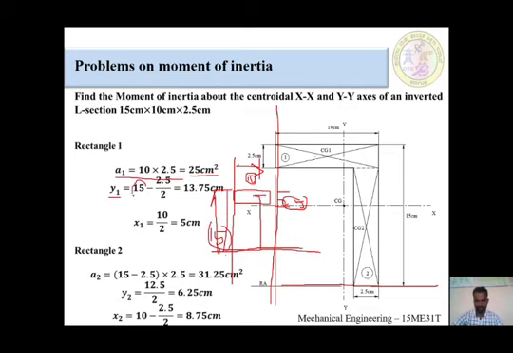Okay, I am writing down 15 centimeter. After that, we have to come back up to half of the component. For that reason, we are taking minus. Total distance would be 2.5, and half of the component means 2.5 divided by 2. Okay, the calculation would be 13.75 centimeter. After calculation, we got the Y1 value.